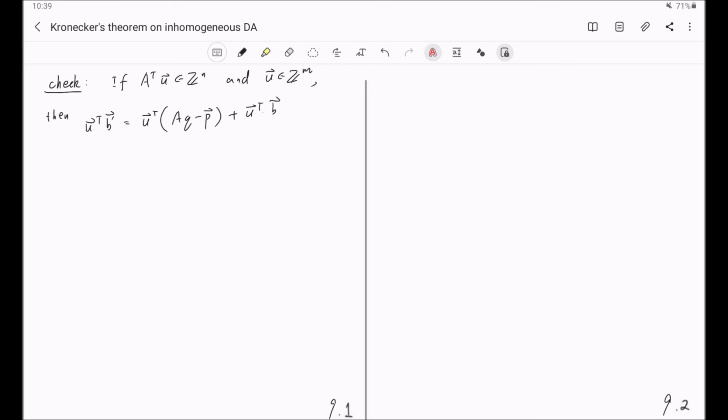We want to see whether this guy will also be an integer. You already know this part is an integer. This is because